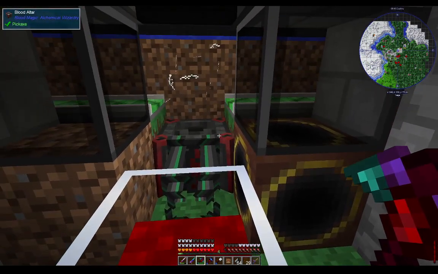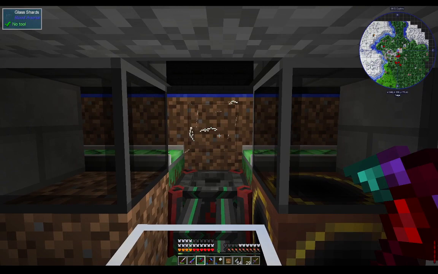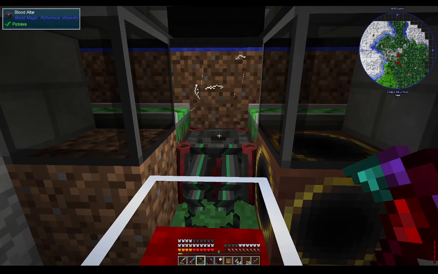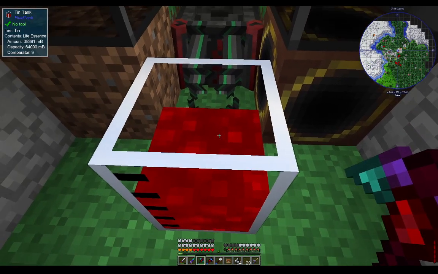So I broke out my altar here and I created some glass shards. When mobs get damaged by these glass shards, they drop blood that gets picked up by the blood altar and then pumped into this bucket right here. As you can see, it's slowly going up. The one downside is this draws kind of slowly, but it accumulates over time